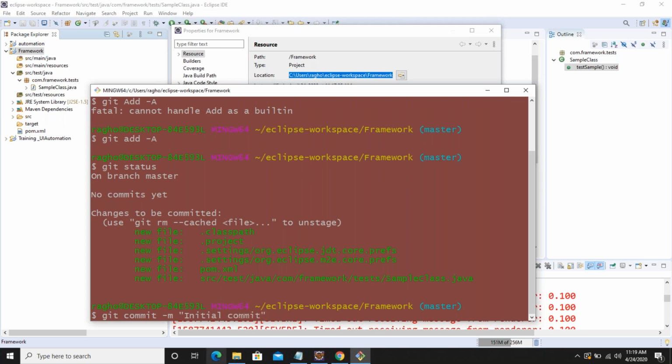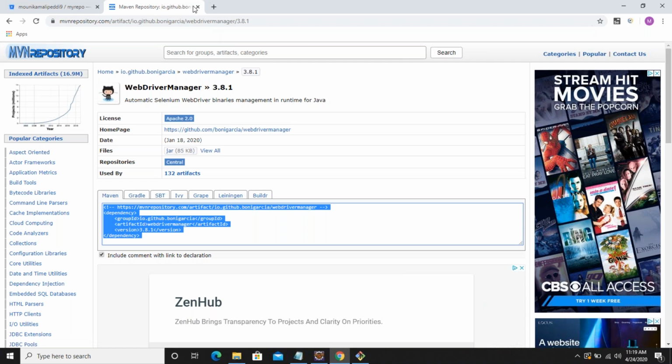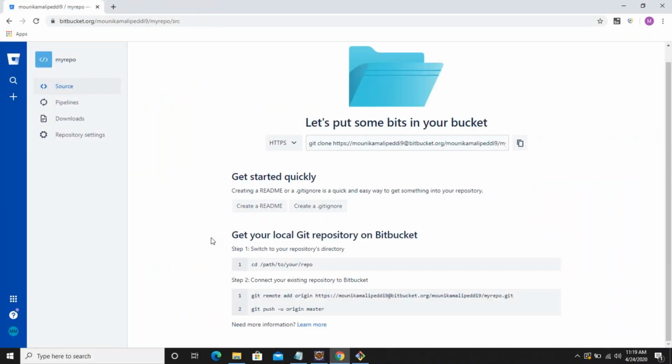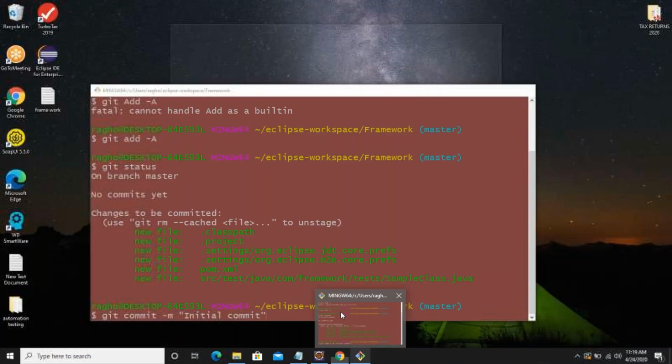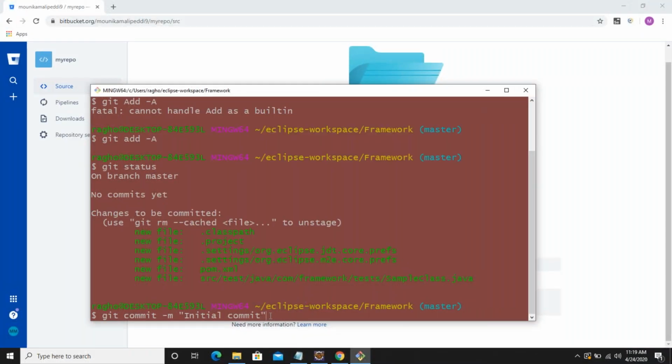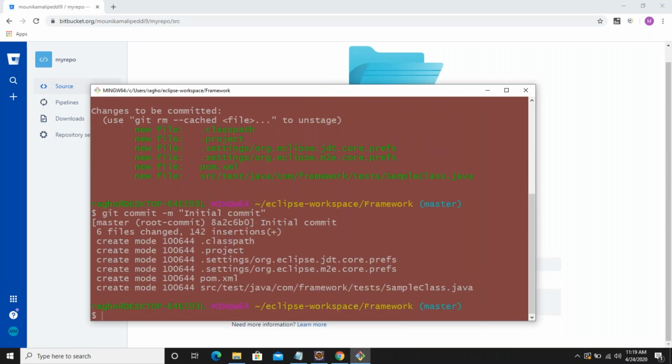So if you want, you can also go to this particular location of the repo where you created. This also gives you step by step. You can go here and connect to this. But before connecting to this central repository, we need to commit it to the local repository, right? That's what I'm doing here. So I'm committing. You can write your message; in general we'll be writing Jira IDs and all.